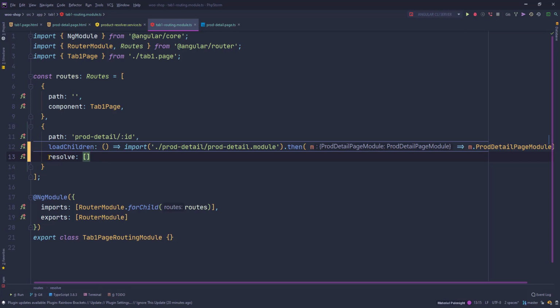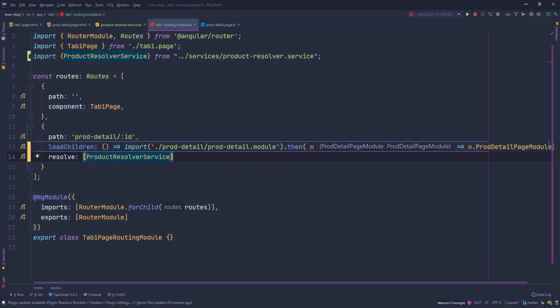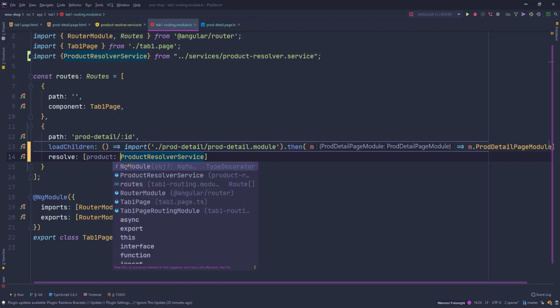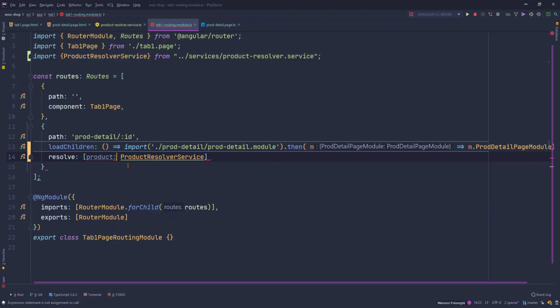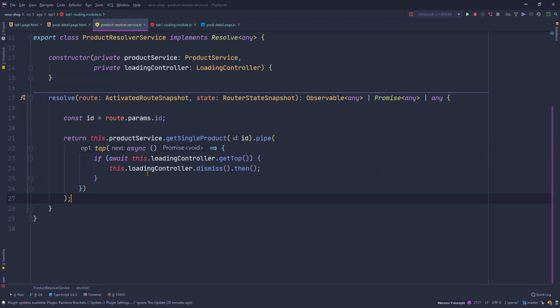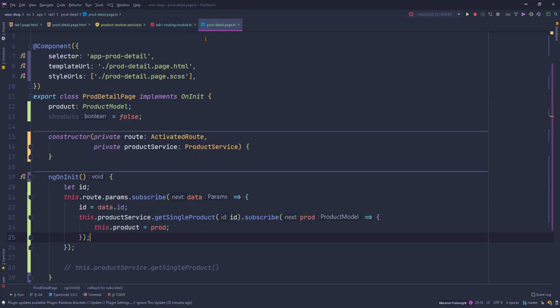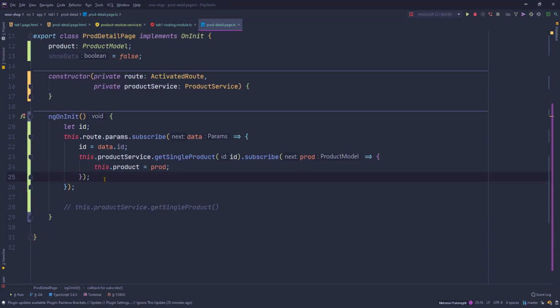I will be using my product resolver service. Okay, like that. Okay, you need to give it a name also. So let's say product, and it's an object, sorry, not an array, it's an object. So give it a name and the resolver service name. Okay, now in your actual TypeScript file, that's your prod detail page.ts,